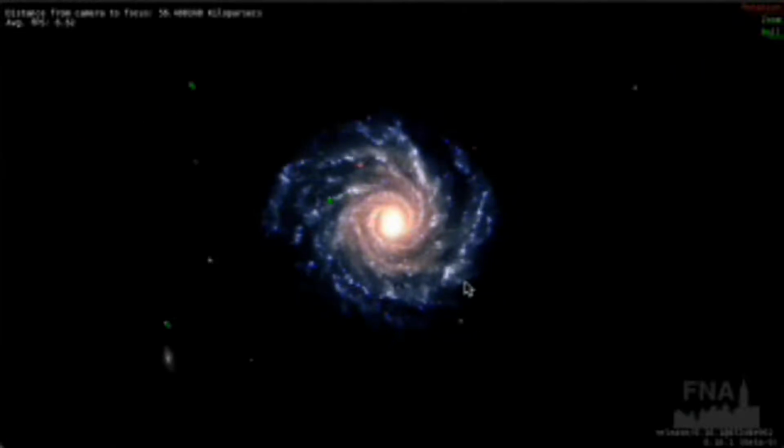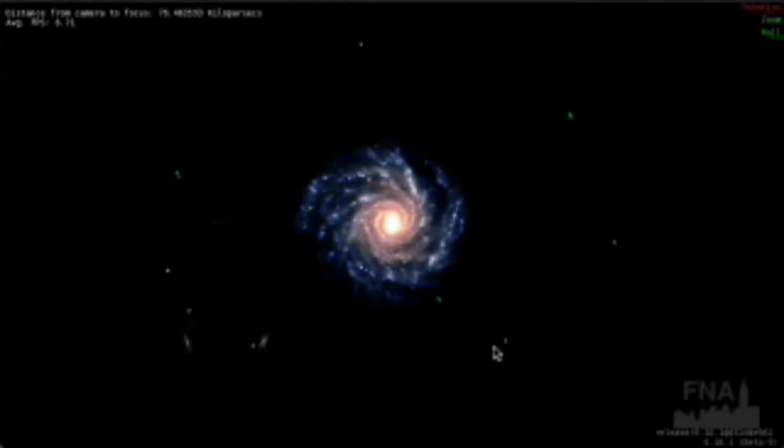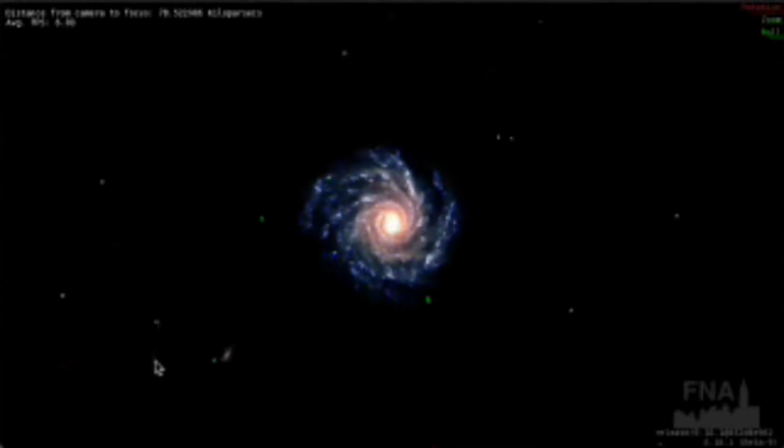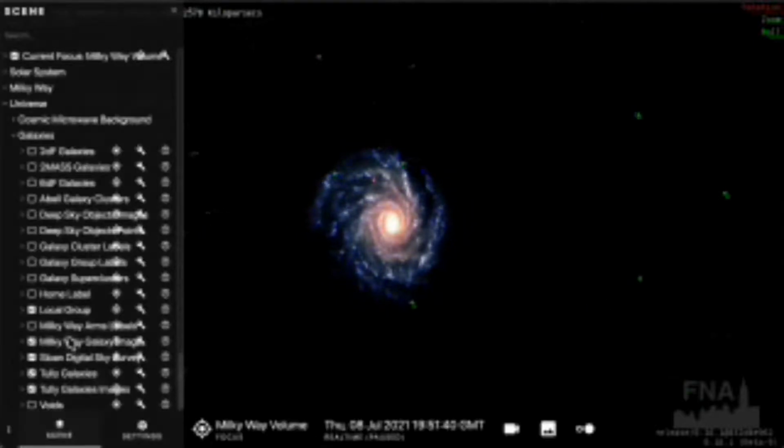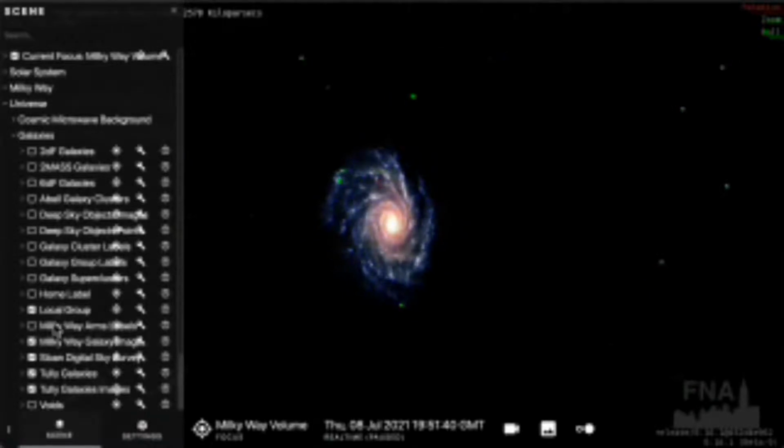And some of these might have labels. I think I need to turn on the labels for those. I believe these down here are the large and small Magellanic Clouds, the LMC and SMC, that again are visible from the southern hemisphere, not so much visible